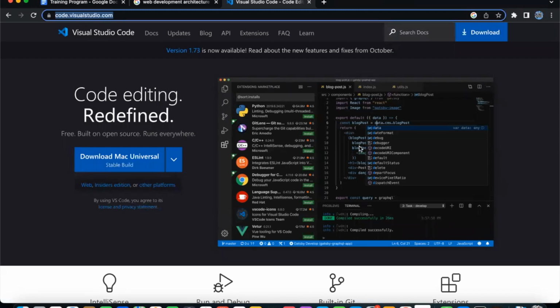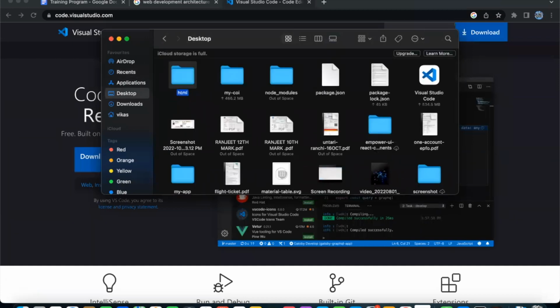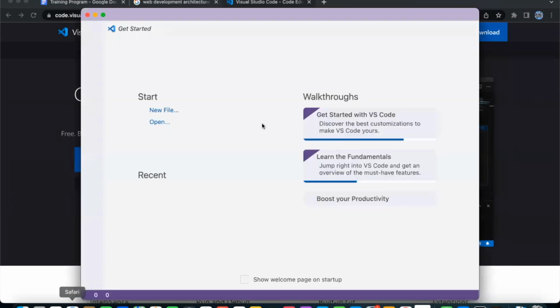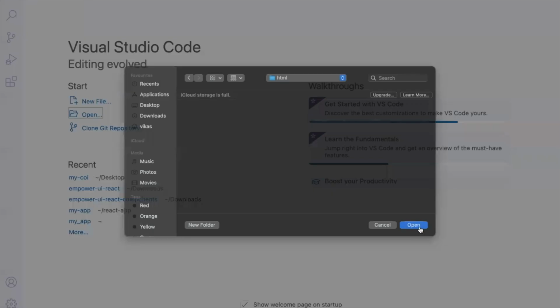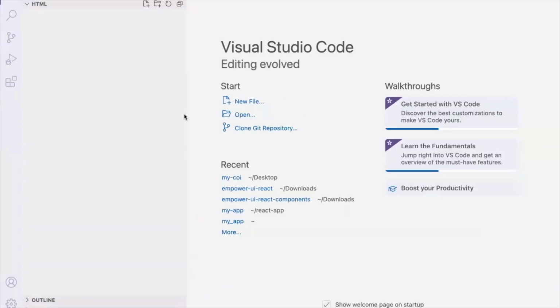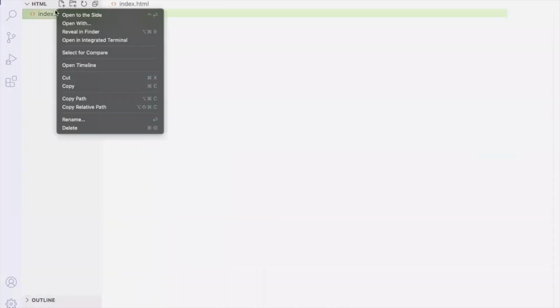Now let's quickly create an HTML file and let's see. Okay, this is my VS Code basically, and I have opened that folder. Right now, I am going to create a file here, index.html. Okay, now I can write HTML code here and I can run it. So let's say